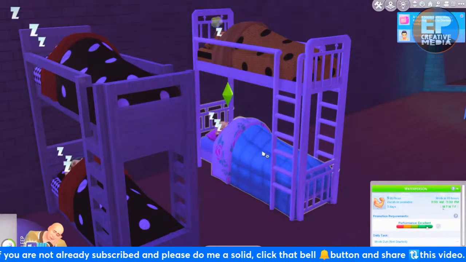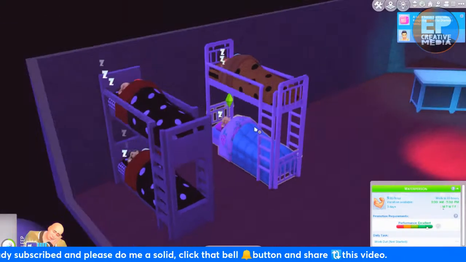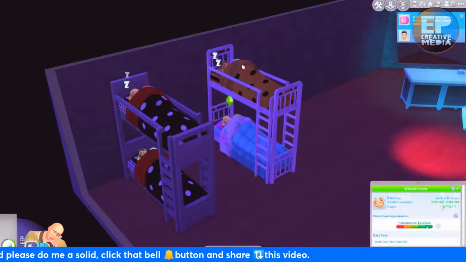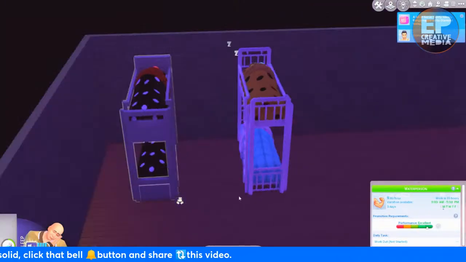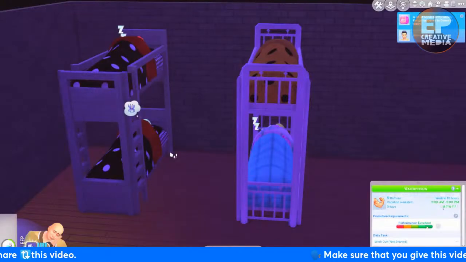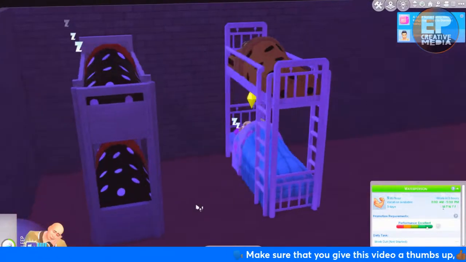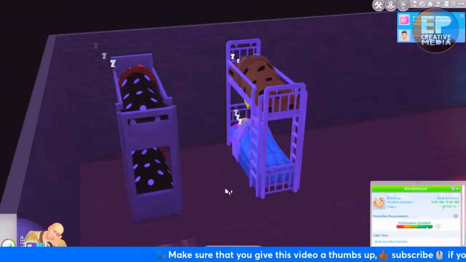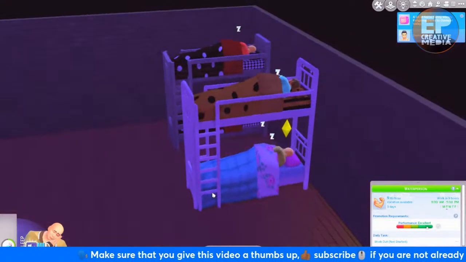But what I am happy about right now is that 3/4 of my bunk beds are working, and I'm happy about that. That makes me feel very happy. And so this can work as an individual bed and still be fine, until I get that to work fine. So what I'll probably do is I will be